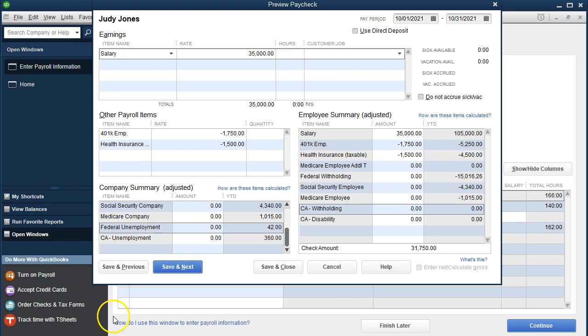Next, we're going to say save and next, and now we're on Judy Jones. Judy Jones is our salaried employee at the $35,000, the big earner here, and so we have the salary of the $35,000, the 401k, the health insurance should populate automatically. We've got the federal withholdings we're going to have to enter at 7508.13, the Social Security we'll have to enter at 2170, and the Medicare will enter at